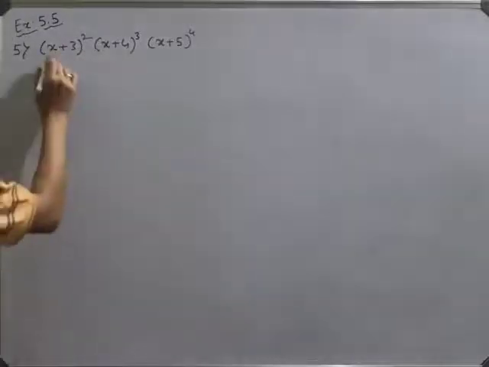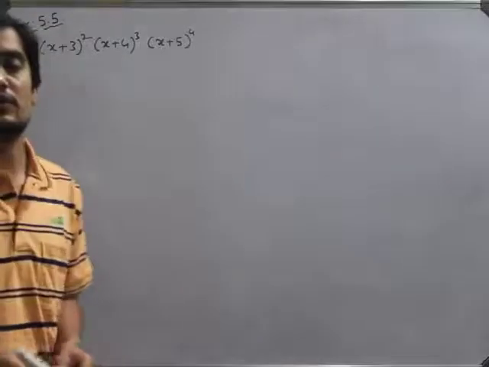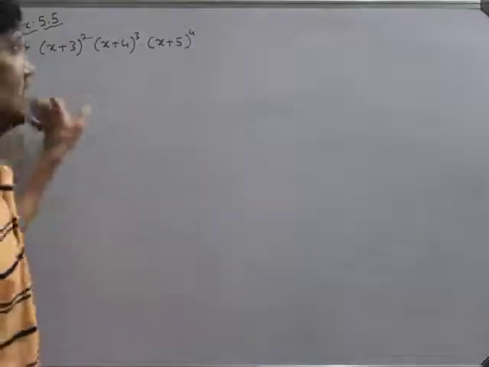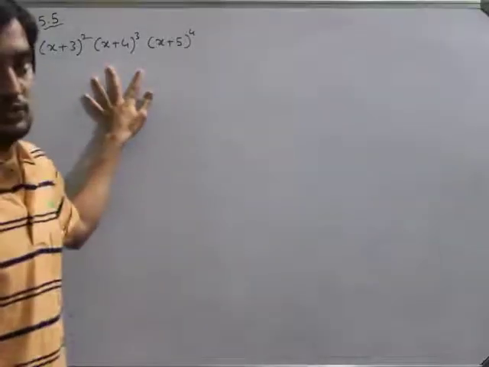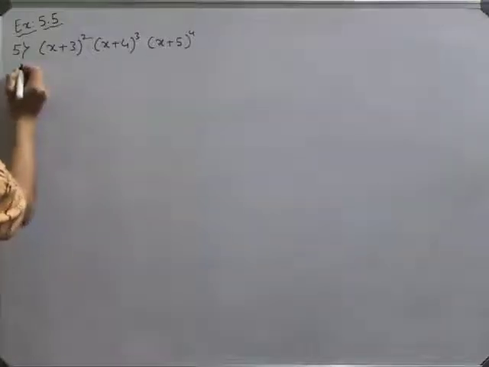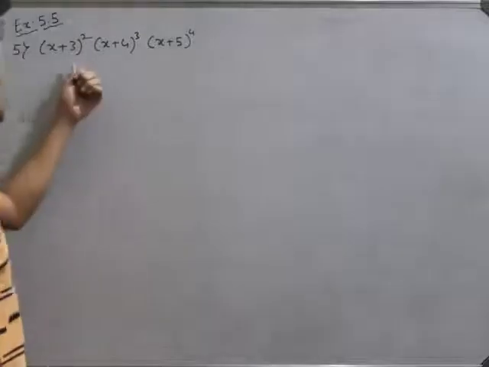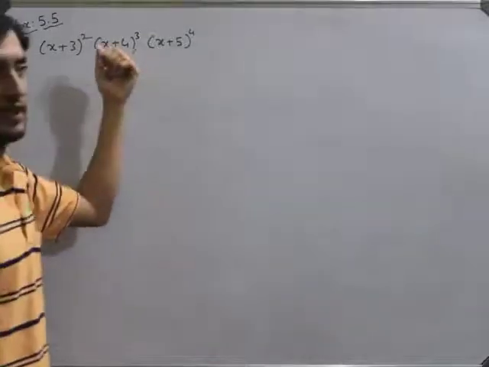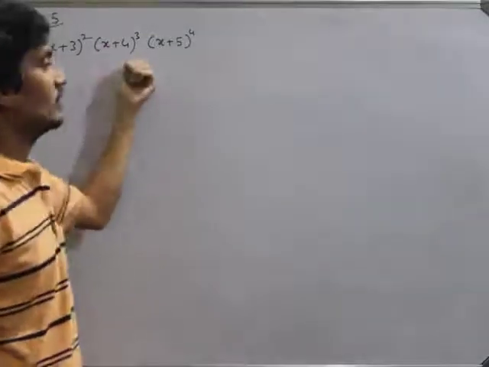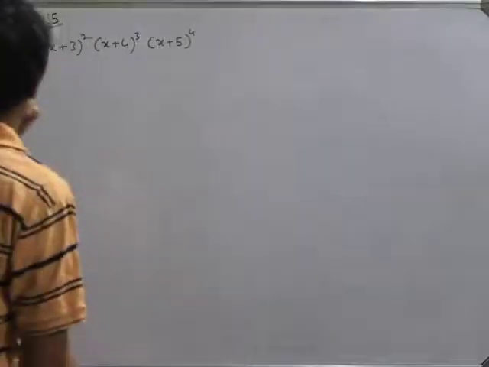Here you can use the product rule for u, v, w. If y is equal to uvw, we have 3 different functions. You have to differentiate using the product rule. But better, you can solve it using the method of logarithmic differentiation. And remember, this is a very important question from your examination point of view. This one has been asked several times as a 3 marks question.